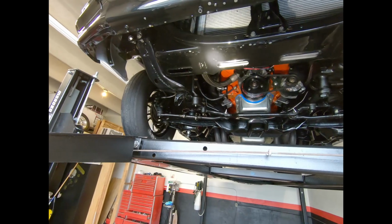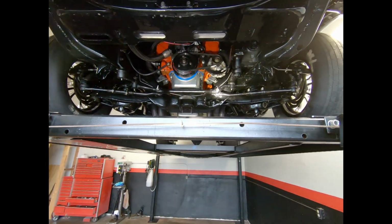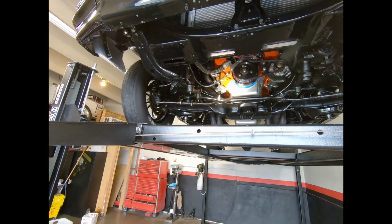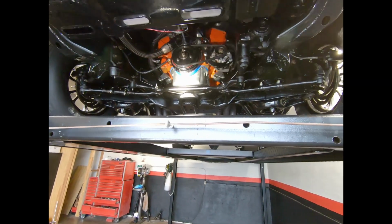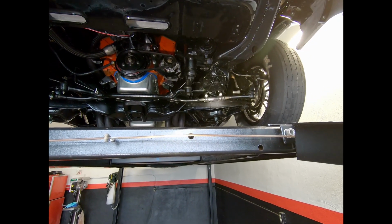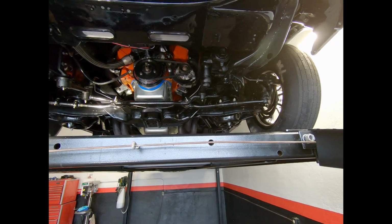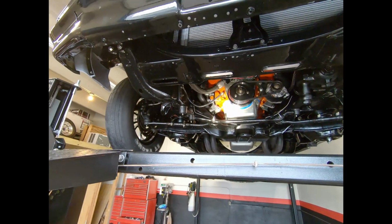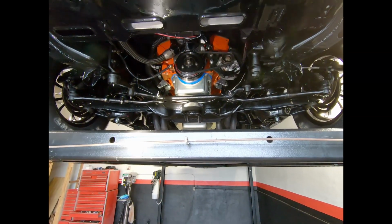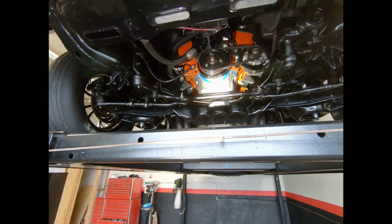So the core support, the frame, all of the suspension parts, they are all powder coated, but they're all the original stuff. But because we can't change any of that, it all has to be original, what came with the car in 1976. Yeah, no tubular A-arms, nothing like that. No lightweight frame, nothing. You are allowed to cut the K-member only to help you get the oil pan off,